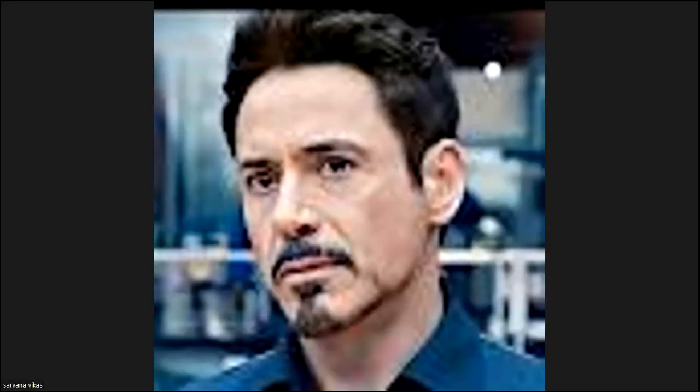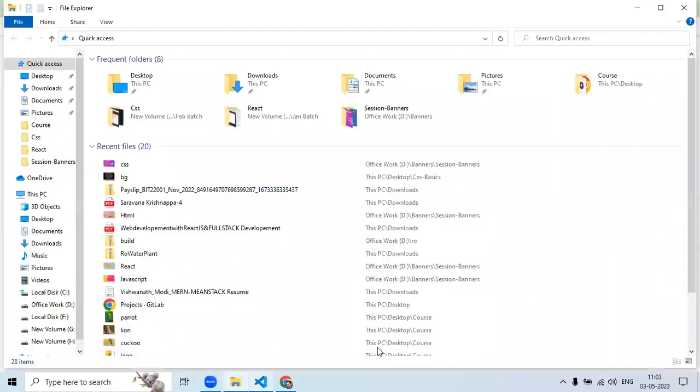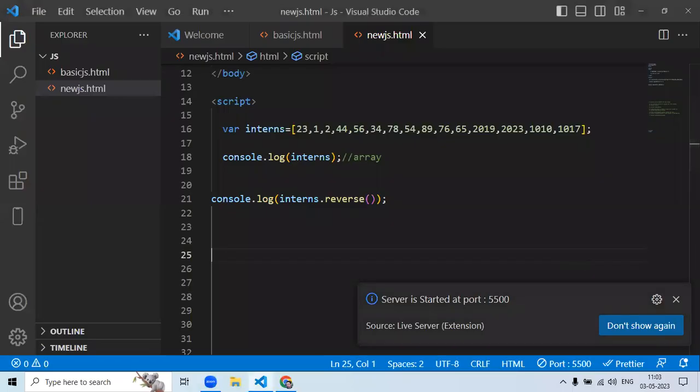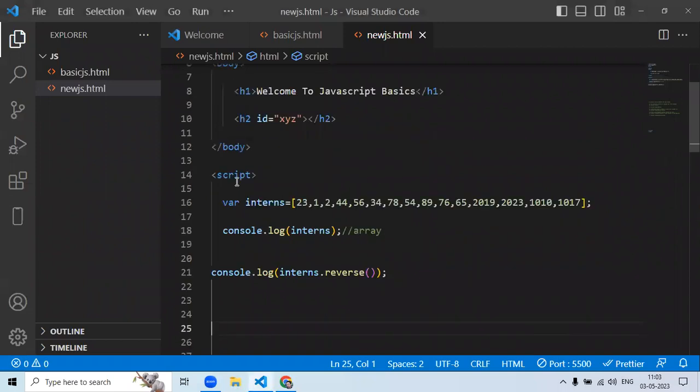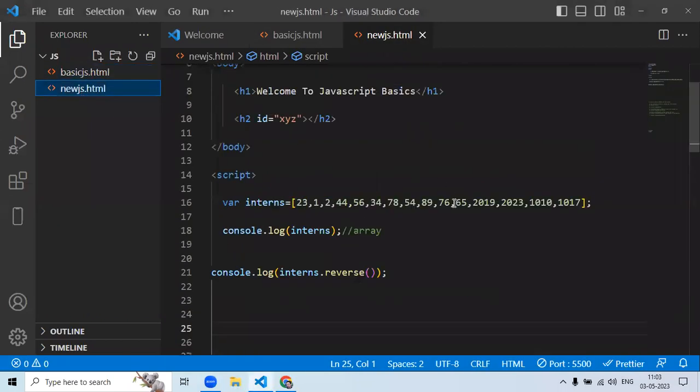So let us start the session. I'll share the screen. In the previous chapter, it's been a long time since I completed the session, we were talking about arrays, array reverse, all those things we have done. Now coming back,